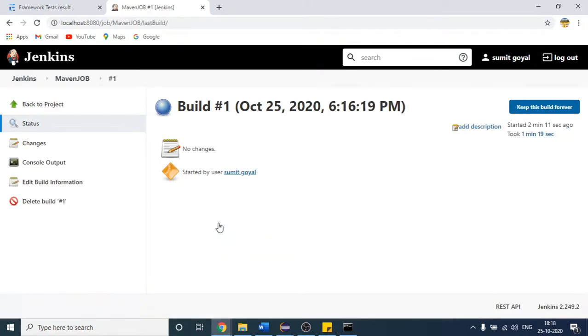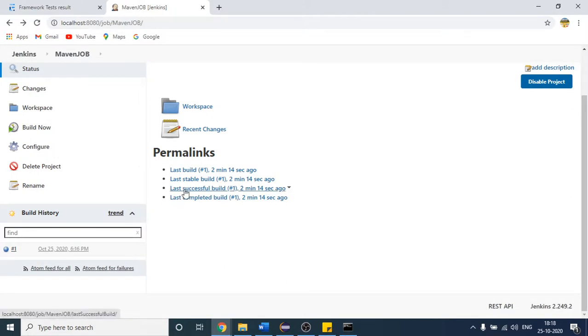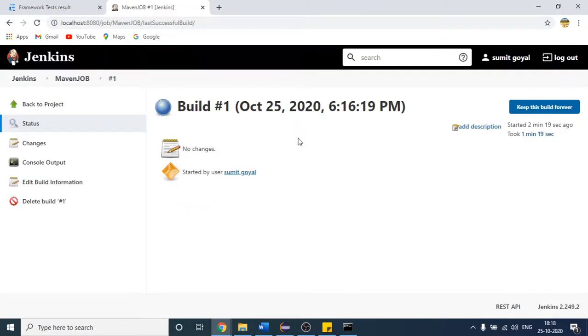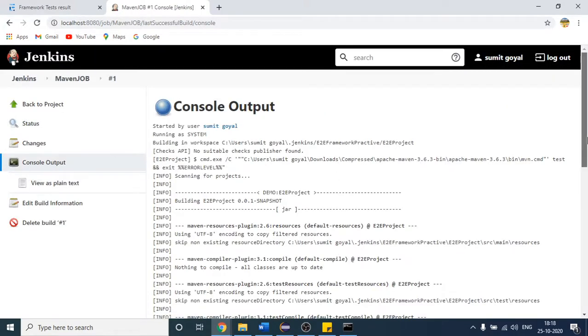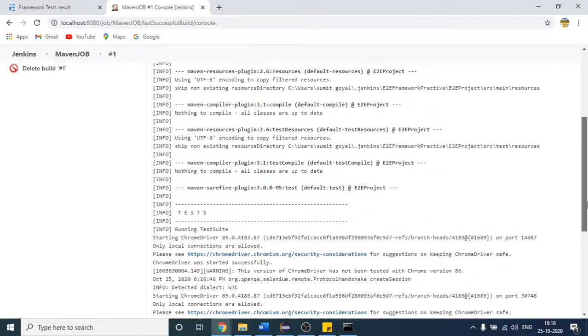If I click this, no. Okay, if I find what I wanted to show, then I will show you. Okay, so this is how you can do it.